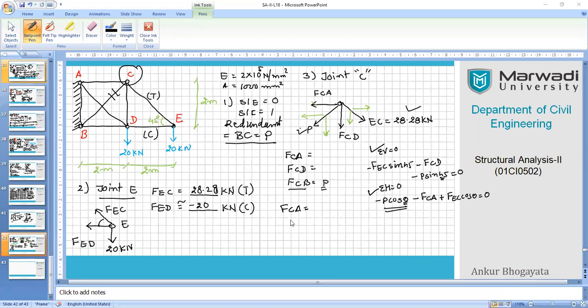FCD is equal to 0.71 P minus 20. And what about FCA? Minus 0.707 P plus 20. So it's a vice versa kind of thing, right? Yes, sir. All right. So as you can see, they are reverse in their nature,